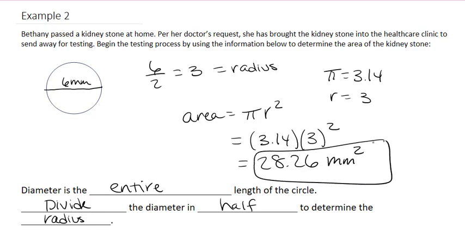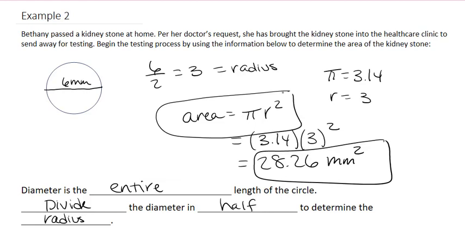Now, notice that on some of your calculators, there could be a pi actual number. When you plug that in, instead of using 3.14, you could get a different answer that varies just slightly. Either one is correct. And so now remember, when finding the area of the circle, use the following equation of